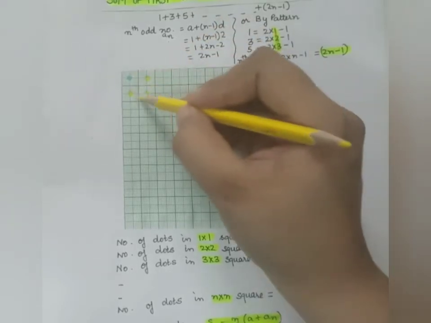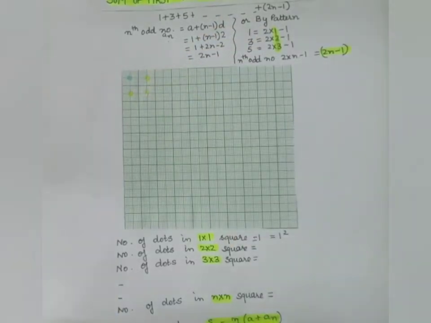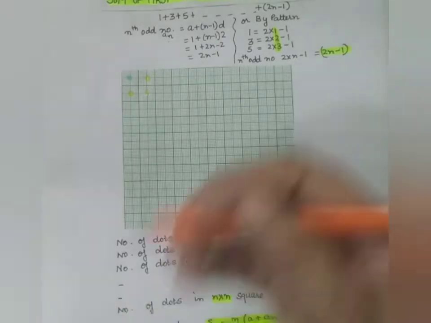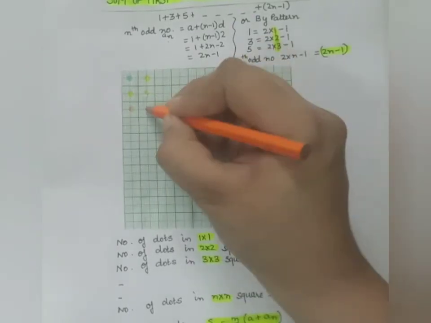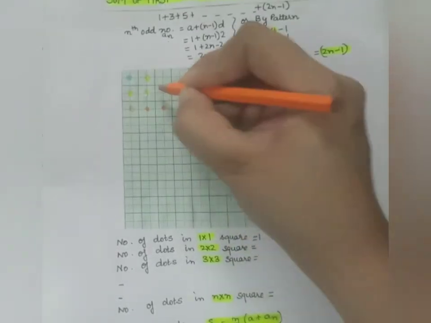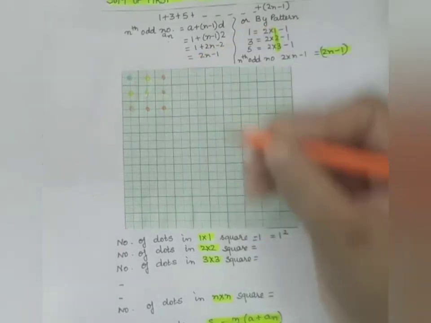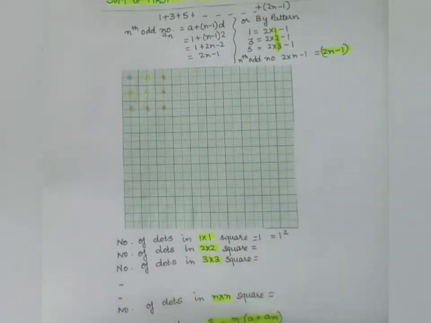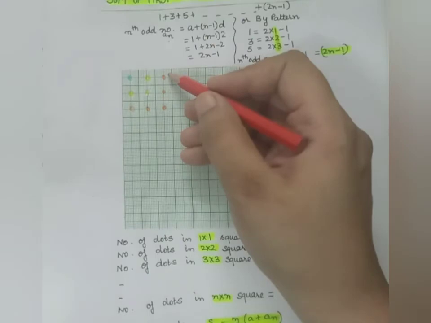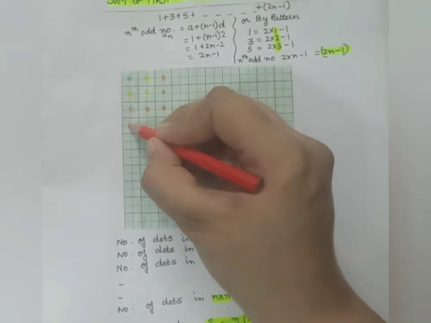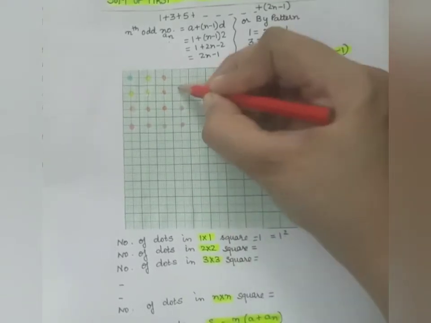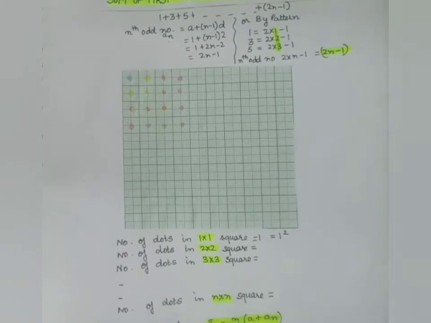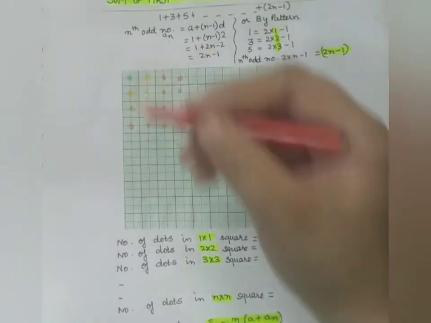So it is like 1 plus 3. Now for the next purpose, where we are adding 5, I will be adding 5 more dots. So in a particular pattern, you can see 1, 2, 3, 4 and 5. Every time when I am adding an odd number, I am adding it in a particular pattern to complete the square. Then after 5, I am supposed to add 7. So 1, 2, 3, 4, 5, 6 and 7. Okay, so let us start the observation also.